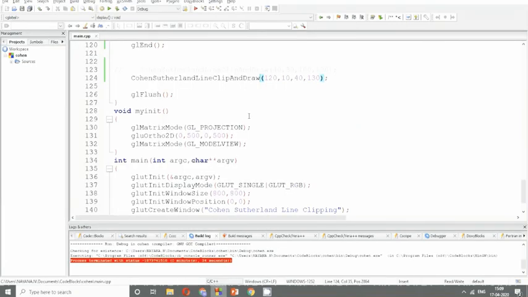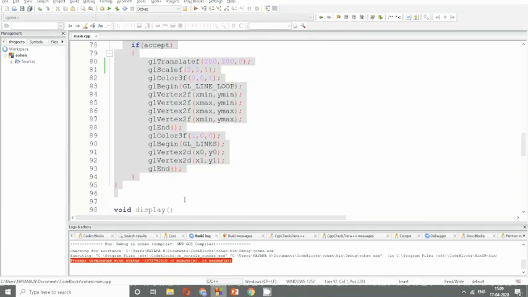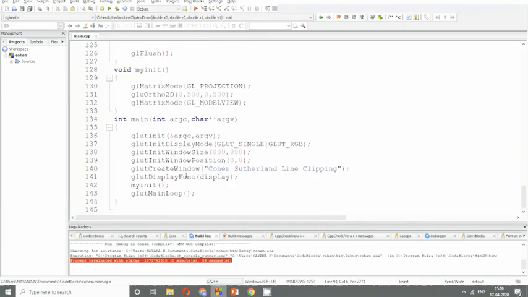Now you guys can give a line which lies completely outside as an input. If you give that input, then you would not get this window at all. This complete picture will not be there. That means that line is not clipped and you have rejected the output. Since accept would not be true, you would not write the window also. Thank you.